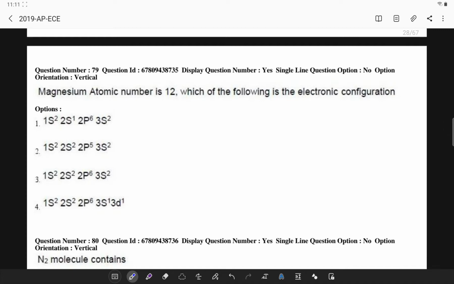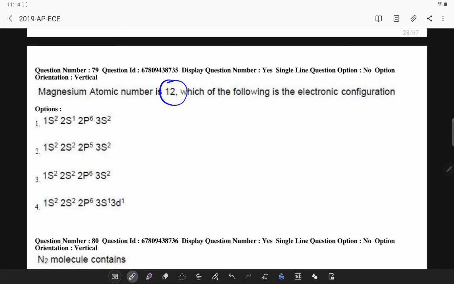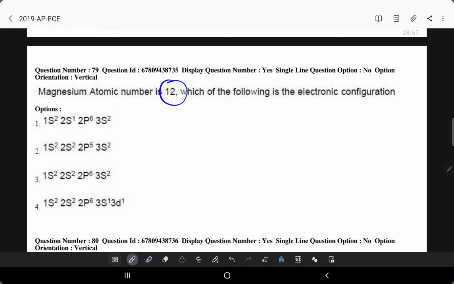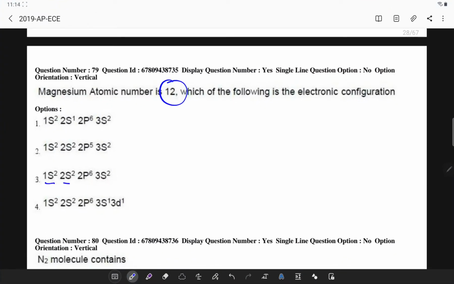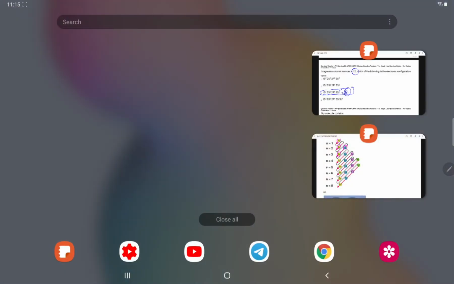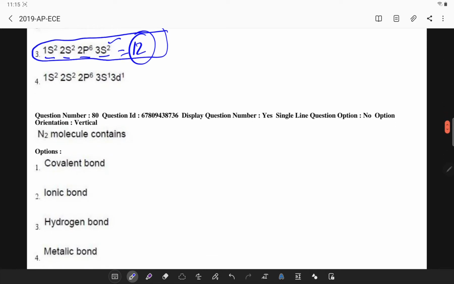magnesium atomic number is 12. So we have to simply draw the configuration. Here the atomic number is 12, so 1s is 2, 2s is 2, 2p will have 6, and 3s will be 2. So here we have 12. So the answer is the third option. The next question,